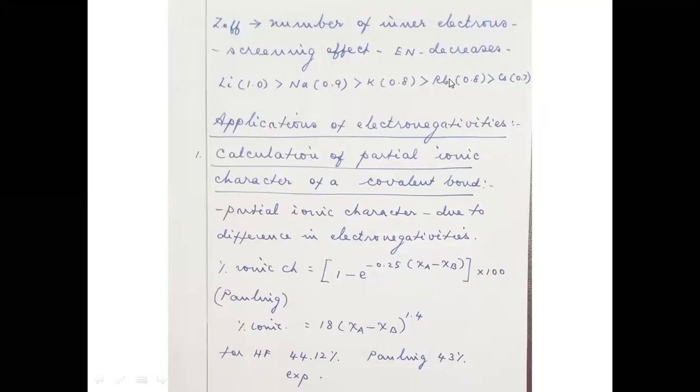Here potassium and rubidium have almost equal electronegativity. And the reason is the introduction of transition metals in between them. Because of the transition metals' introduction, their sizes are almost comparable. So they have almost equal electronegativity. So these are all the various factors determining the electronegativity of atoms. Now we are going to discuss another thing, which is the applications of electronegativities.